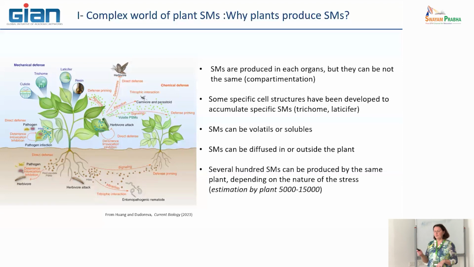This is why some plants differentiate some cell types such as trichomes, sort of small structures that you can find at the surface of the leaf, for example, in which they accumulate a large amount of very important specific metabolites. And also inside the tissue, you can have some specific cells named laticifers, in which you can have accumulation, for example, of alkaloids. Alkaloids are very efficient for the defense system, but they are very cytotoxic. This is why we use them as anti-cancer molecules, for example.